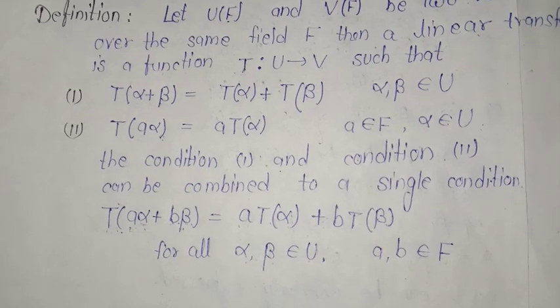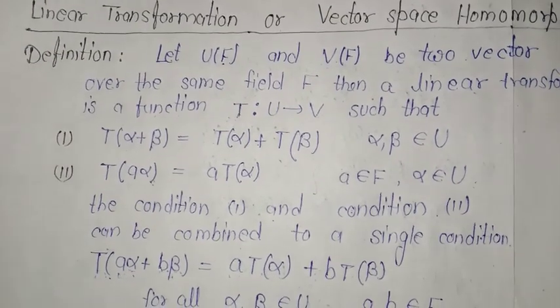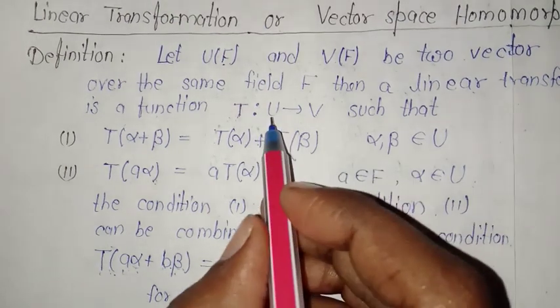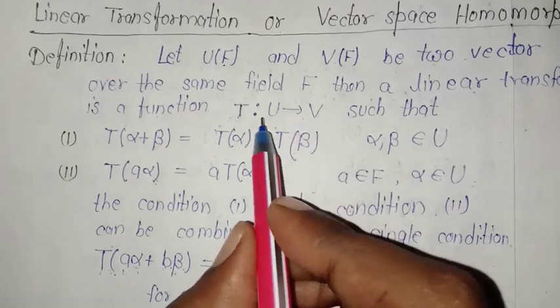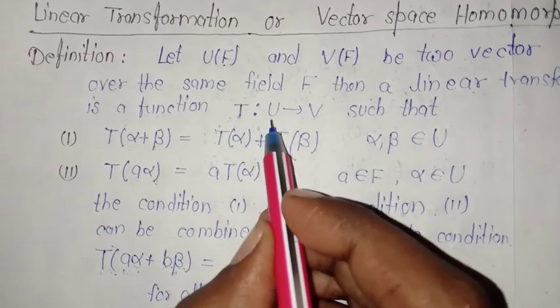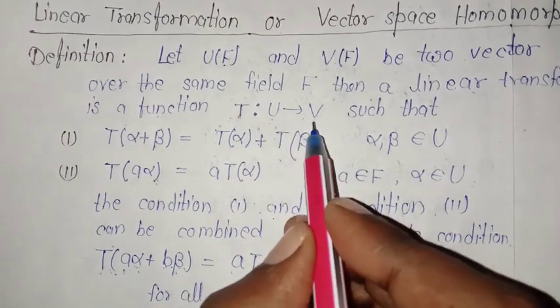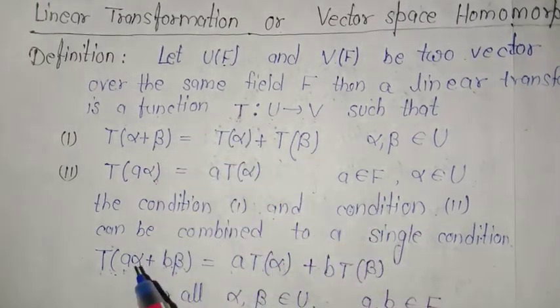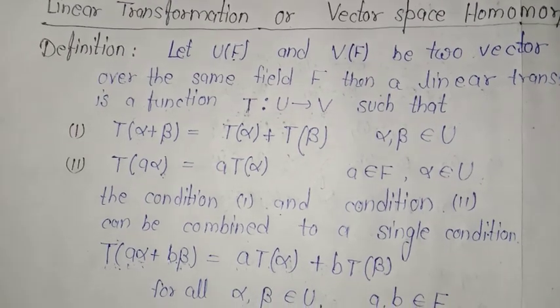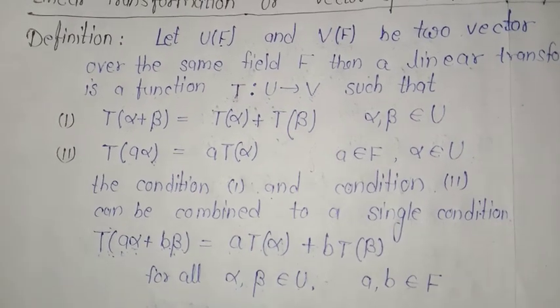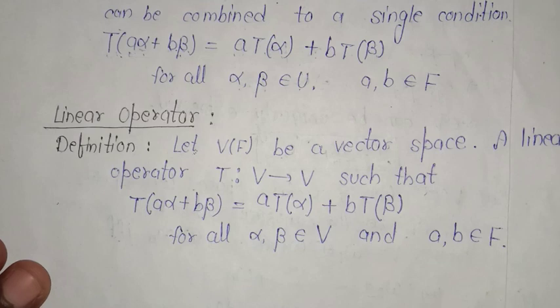Now, after the definition of linear transformation, we discuss linear operator. The definitions of linear operator and linear transformation are nearly the same, but there is a difference, and that is the difference in the vector spaces. In the case of a linear operator, we choose the same vector space. That is, the function T is defined from the vector space to the same vector space. If this type of condition holds, we call the operator T a linear operator. So let's see the definition of linear operator, then I will discuss some examples of linear transformations and linear operators as well.